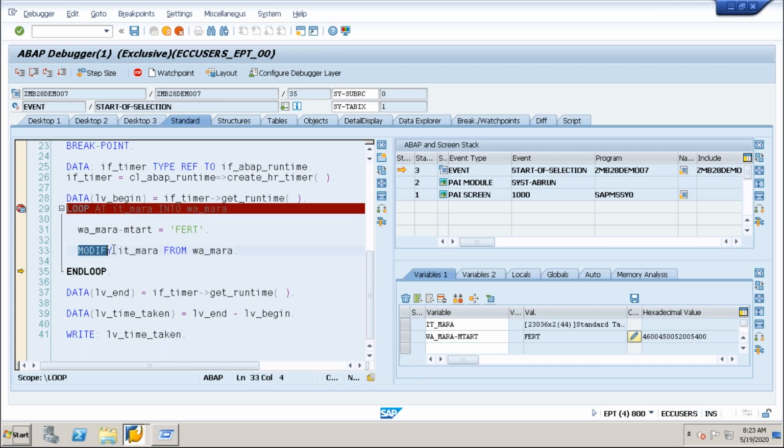Already we have discussed this under the modify. Here, just to understand, the first record will be modified with this because it is in the loop. Then the second record will get modified. Now the second